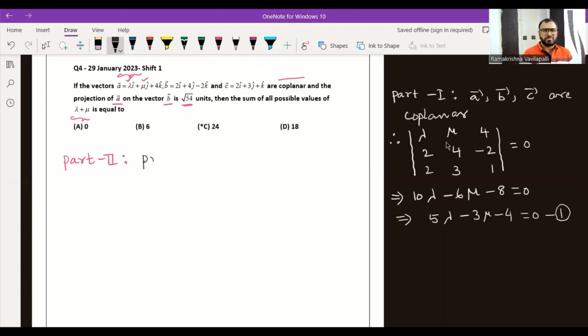So the projection of A bar on B bar is given as root over 54, which means that the projection of A bar on B bar is A bar dot B bar whole by modulus of B, equal to root over 54. Well, so we will get